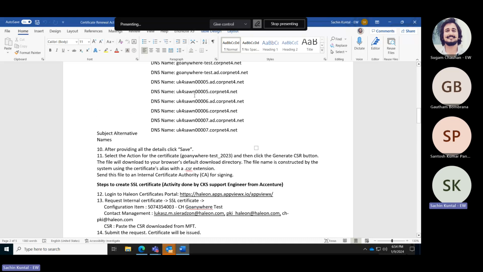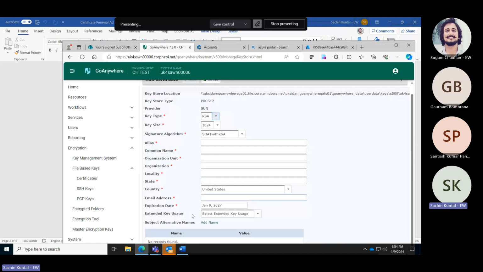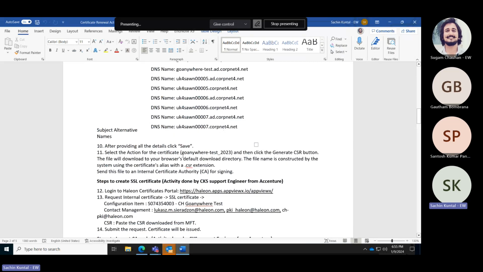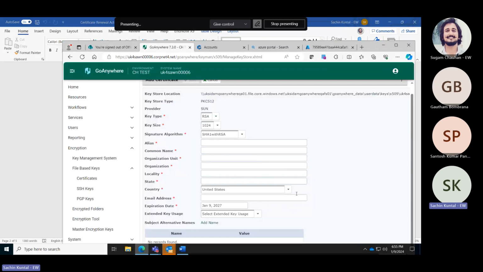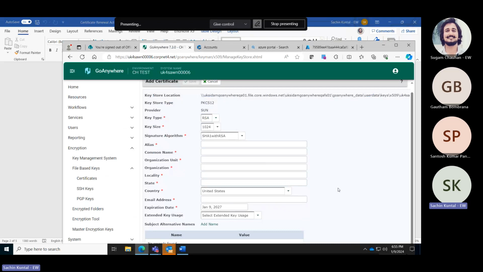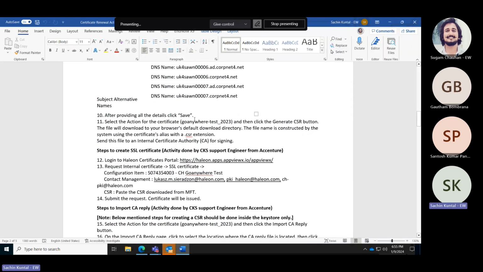Correct. So once we fill in all these details and click on save, the CSR would be generated. From here, I'll just stick to the document because we won't be able to proceed from here on the tool. Once you click on save, the CSR would be ready, and the next step would be to create the certificate. So we need to access the Helion certificate portal, the same way other users are requesting the certificate,